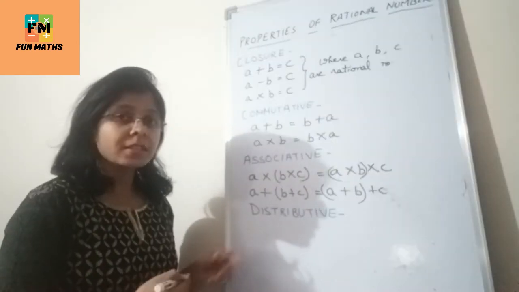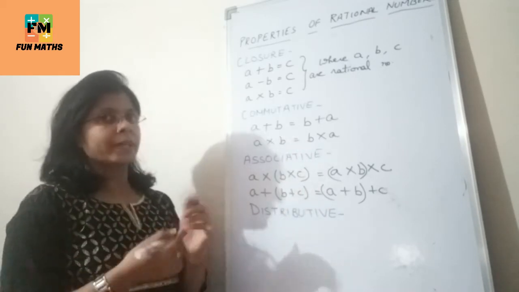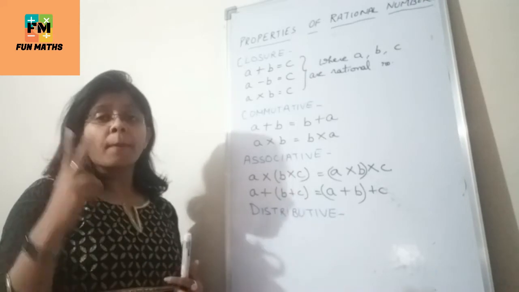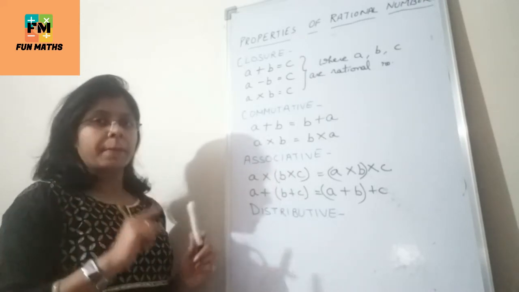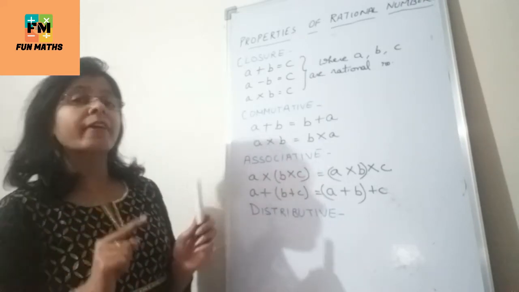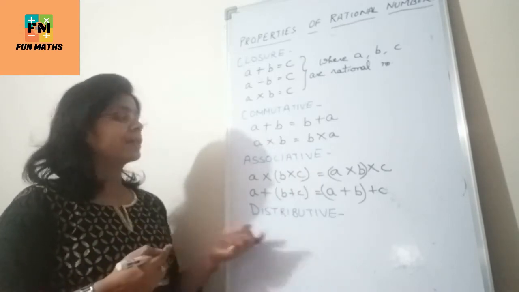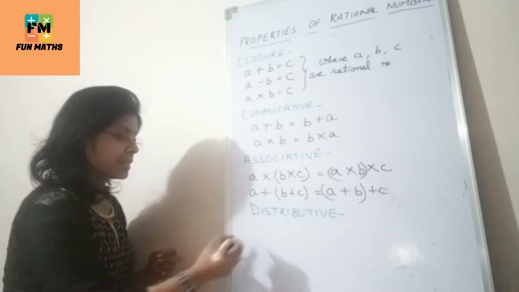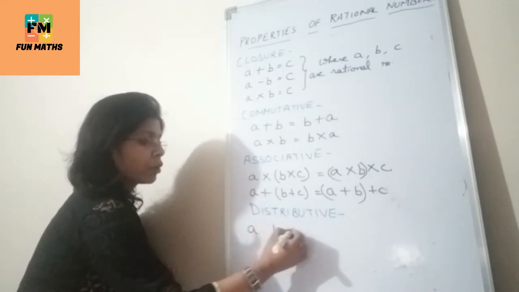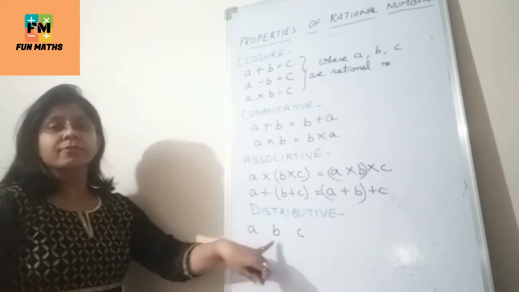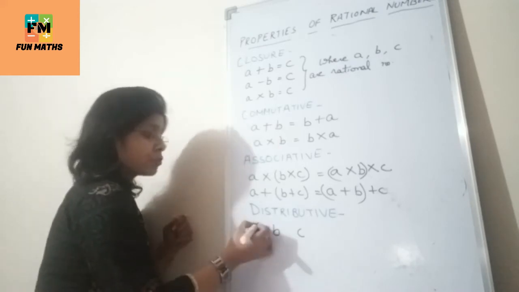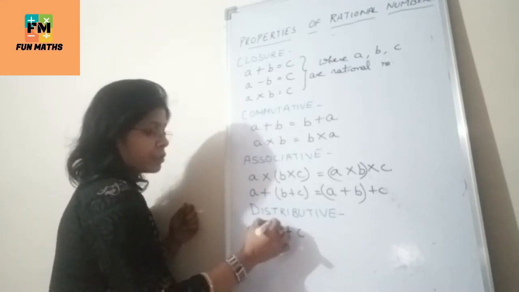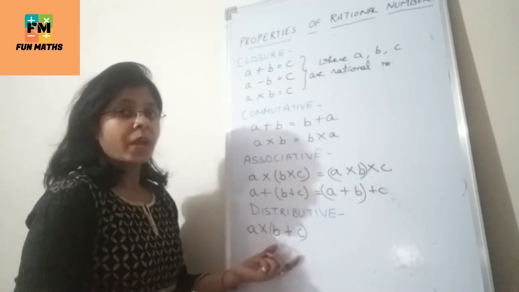As we have seen, distributive property is quite different from other properties, right? It is the property where two operations are happening together, multiplication and addition, and then we have multiplication and subtraction. So basically we say distributive property of multiplication over addition. Let's see distributive property of multiplication over addition. Means we have three rational numbers. First, we are going to multiply the first two rational numbers. Now multiplication over addition, the second two rational numbers we are going to add in this way.